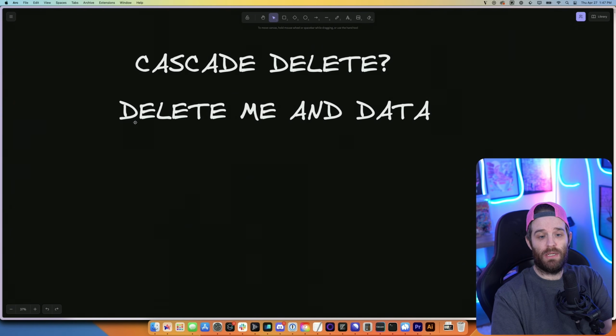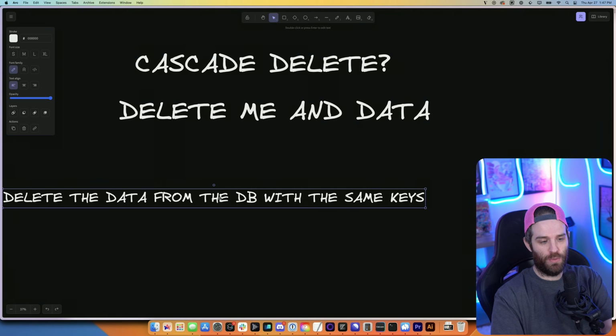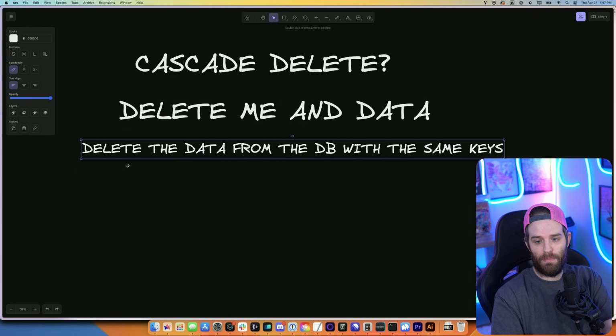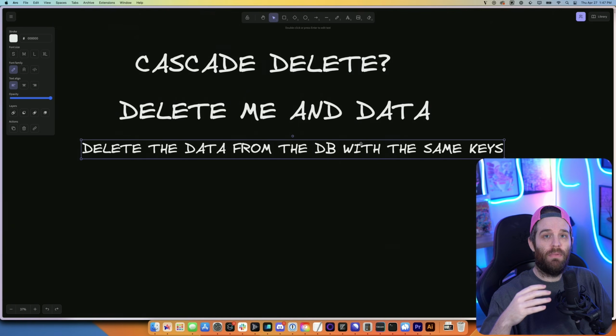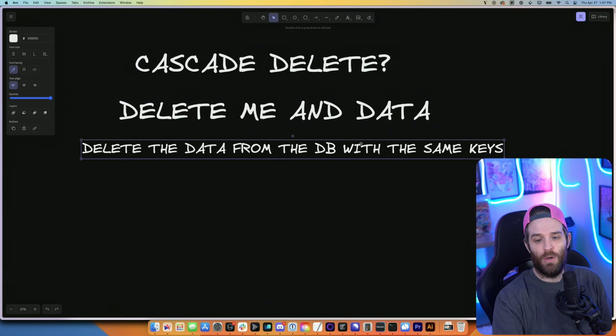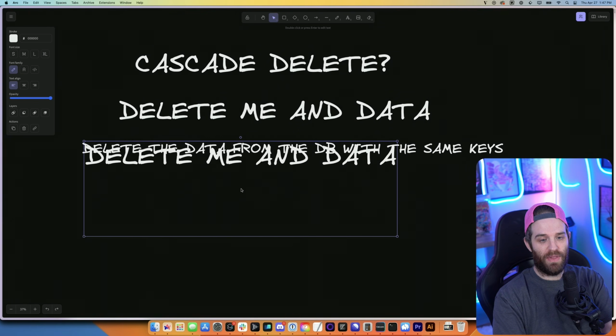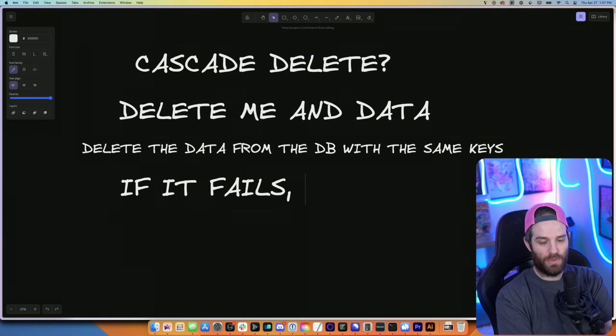So the user would ask, delete me and my data. So what would you do? First you would make a request to the database and say, please delete all associated data in the post table and any other tables that are joined together, subscriptions or whatever else you may have with this user ID. If that delete fails, you don't do anything.